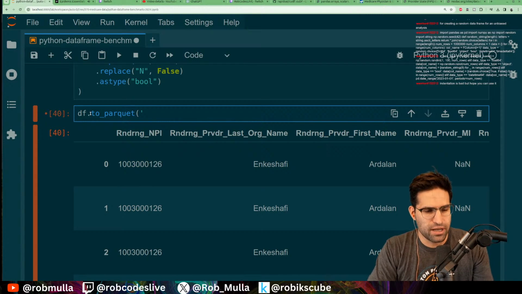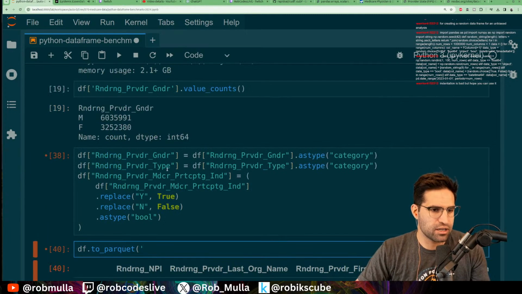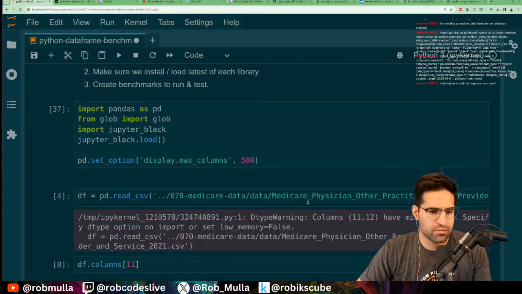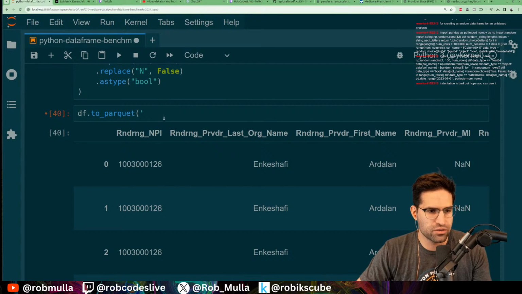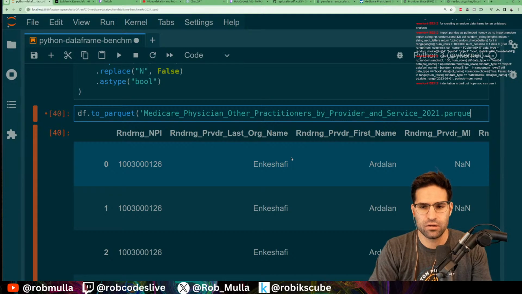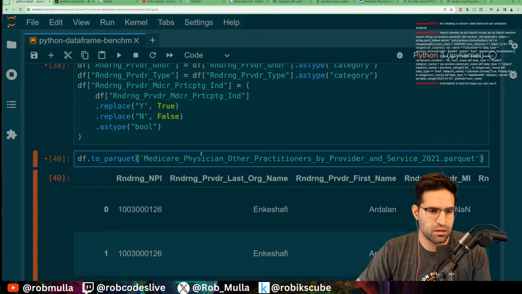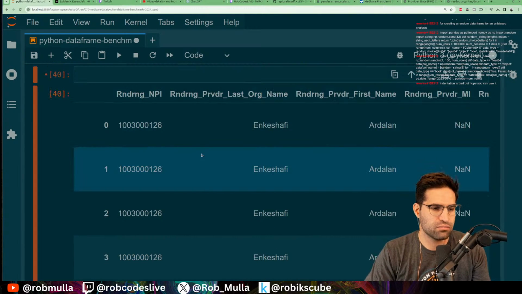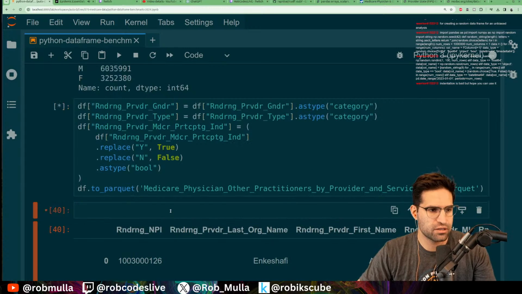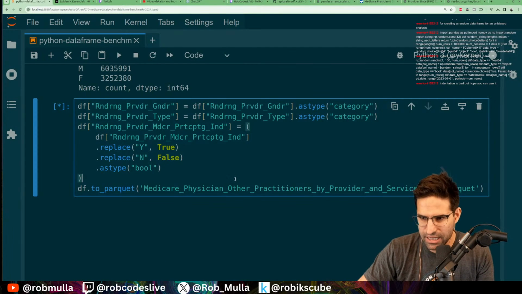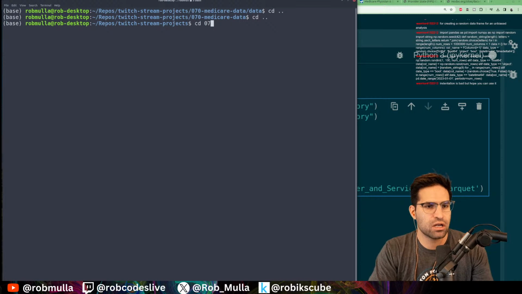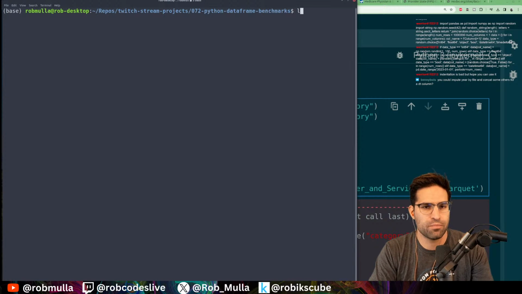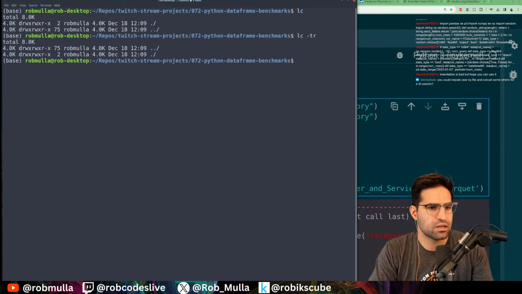Okay, so we're going to make a Parquet file with this data, and we're going to call it something similar to the original name. All right, so I'm going to save it there as a Parquet file. This might take a few seconds, but if I now go into our benchmarks folder,